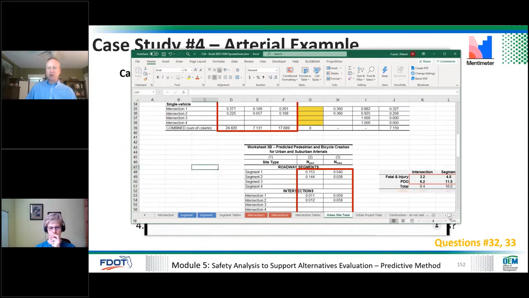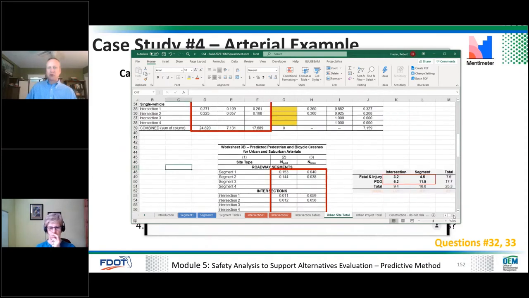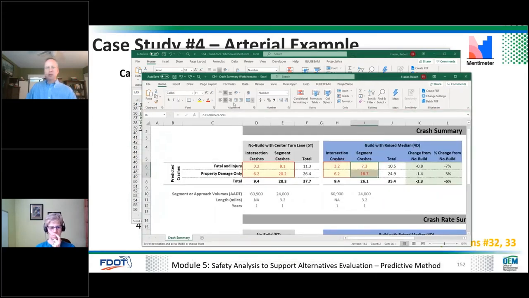The numbers are going to be very different. So 4.5, 11.5. I didn't affect the intersection, just the segment. And so if I put those in there, I need to apologize, you folks are typing. I'm going to flip it back in just a second, but so now we've got a 33% reduction. So that's why I say, pay attention to what's moving the needle, know what's influencing things, and then be able